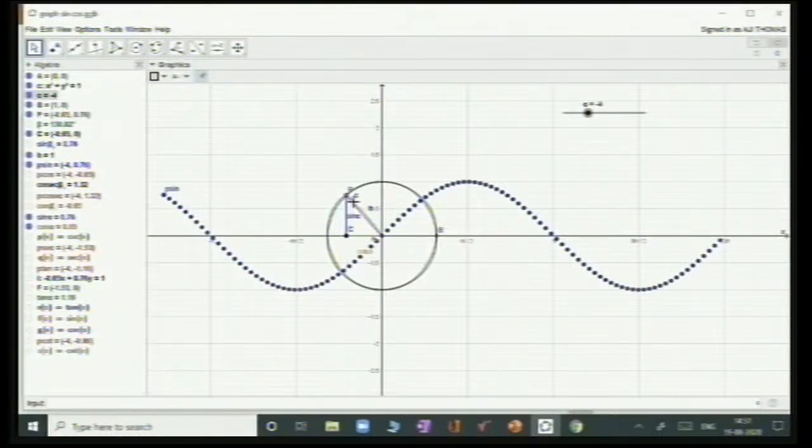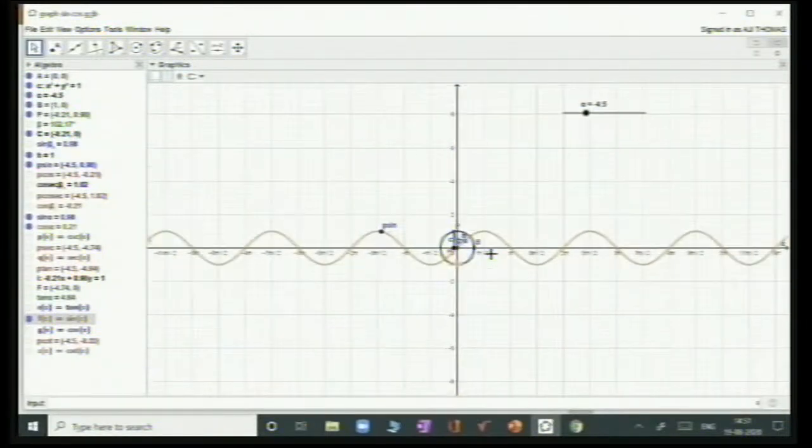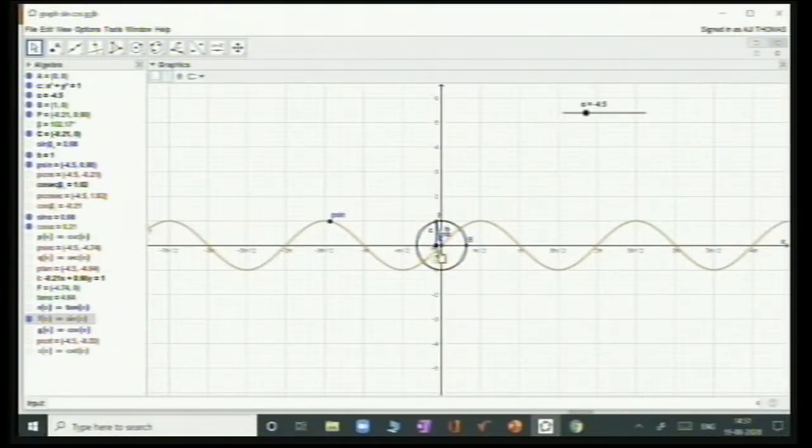So this is how the sine graph looks like. And you can see that if I plot this graph, now I have plotted the graph. You can see that this is how it looks like. From 0 to pi, 2 pi, 0 to 2 pi, if you notice this portion, the 0 to 2 pi portion,